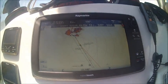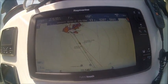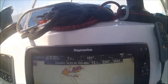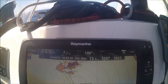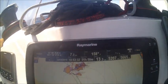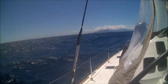There's our plotter giving us some information about the course, showing us where we're headed and some other general information. We've got a waypoint plotted that we're heading towards, so it's telling us that we're doing about 7 or 8 knots in that direction, and we should be there in about an hour and 40 minutes, hour and 50, something like that. That waypoint is Portsmouth, Dominica, so we're sailing along